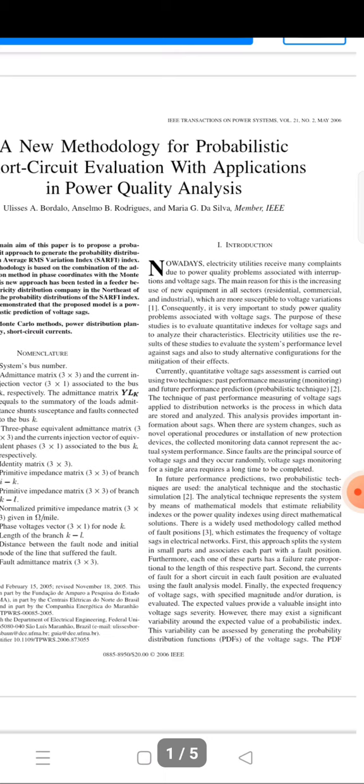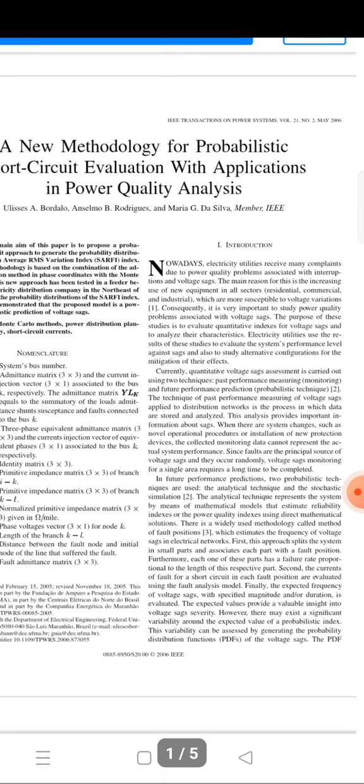The purpose of these studies is to evaluate quantity indices for voltage sag to analyze their characteristics. Electric utilities use the results of studies to evaluate their performance level against the sag. Also, they study alternatives for mitigation of their effects. Currently, quantification of voltage sags is carried out using two techniques: past performance applied to distribution networks,